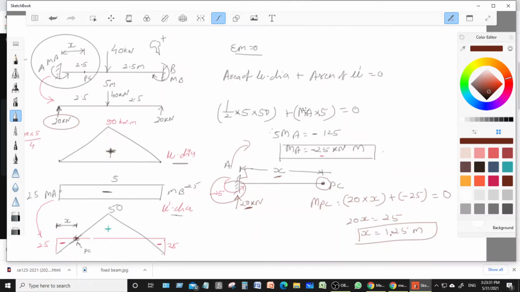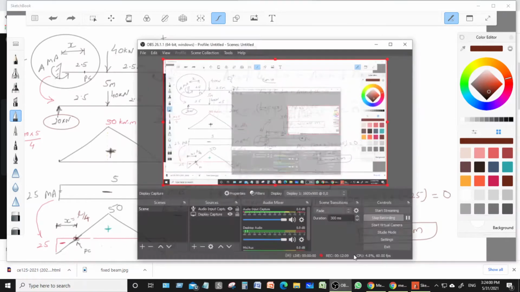Indirectly, if you have a fixed beam with a point load at the mid span, then the point of contraflexure always occurs at L by 4. See, L by 4, that is 5 divided by 4. If you put 6 here, you can calculate it in the same way yourself. If you have any confusion till now, ask.